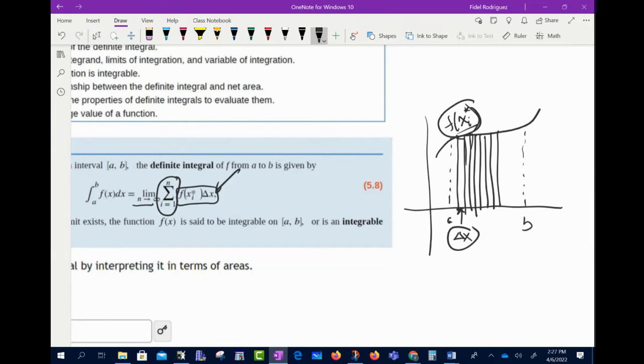What we're doing is we're going to add up an infinite number of rectangles. And you're saying, okay, hold on. How can I add up an infinite number of rectangles? That delta x, y'all, is really, really small. So those rectangles are almost like, I don't have one here with me, but you know what? I have one in my,